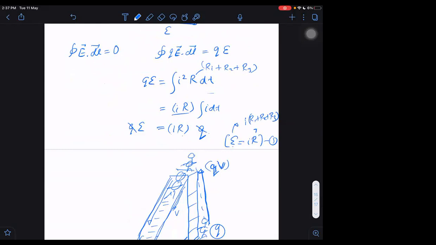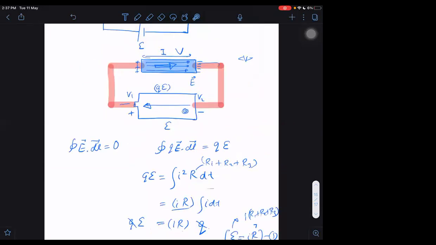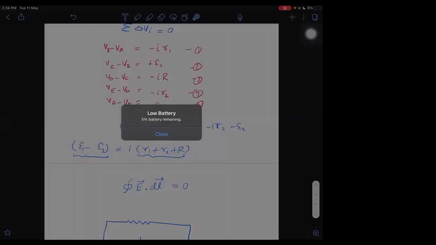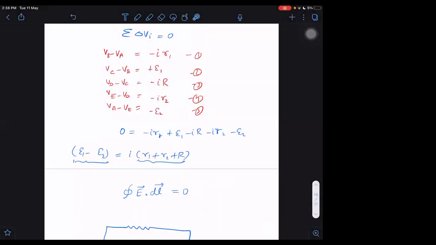But we should understand, when they say that energy is conserved, what they mean by conservation of energy. We can still say that the chemical energy is being converted into heat energy. So energy is indirectly still conserved, right? Means energy being dissipated in the resistors is equal to energy being supplied by the battery. If energy supplied by the battery were different from energy dissipated in the resistors, then Kirchhoff's voltage law would not be valid. This point is clear?